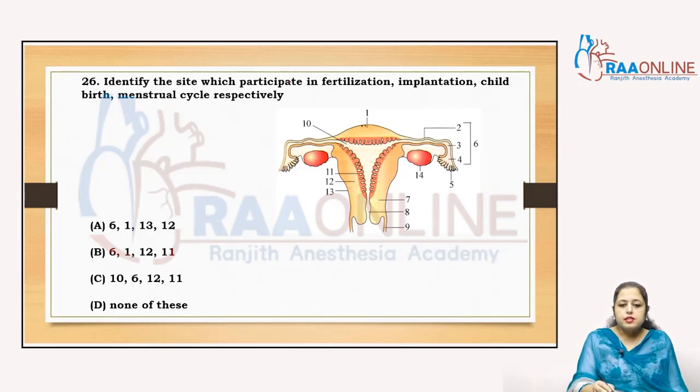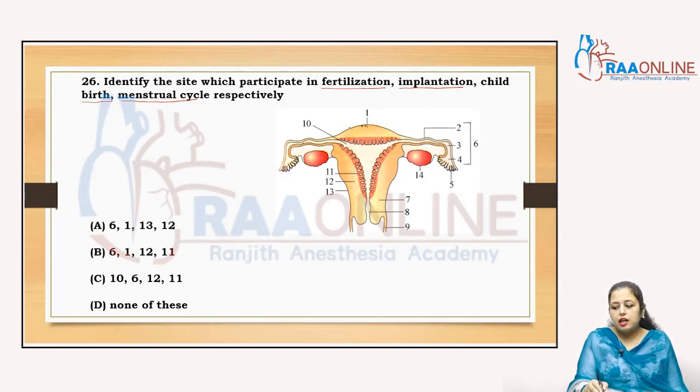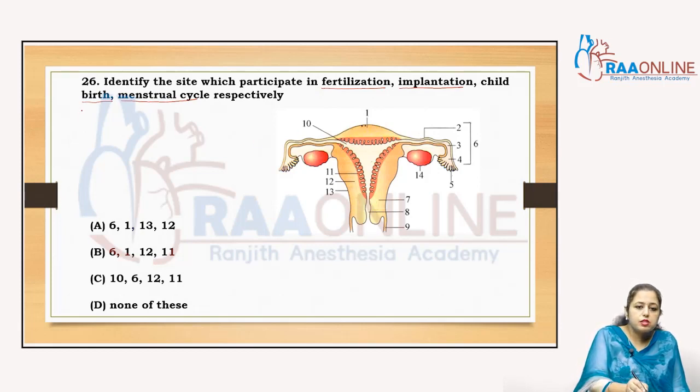Come to question 26, that is, identify the site which participates in the fertilization. That means it is talking about the ampulla, implantation, that is the uterine cavity, childbirth, that is the birth canal, that is the vagina and the cervix, and menstrual cycle respectively, that is the uterine endometrium, right? So this is the diagram of NCERT which is given in page number